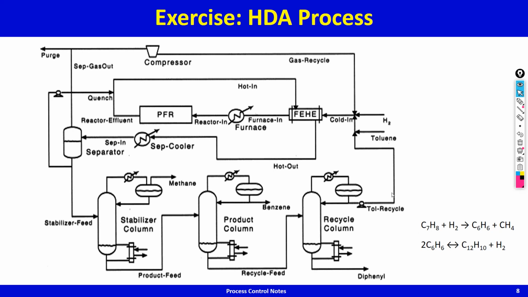and so less diphenyl will get formed. So you have toluene, the reactant, recycled toluene, mixing with hydrogen plus recycled hydrogen. All this cold stuff is going in. The reactor is extremely hot, so the hot reactor effluent is used to preheat the cold feed. The preheated feed is heated in a furnace to, I don't remember exactly, 620 degrees Celsius or something like that. Pretty high temperatures.